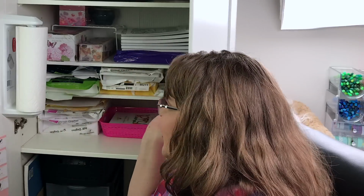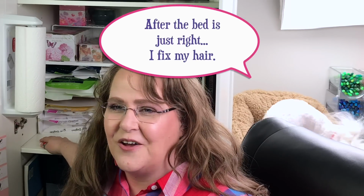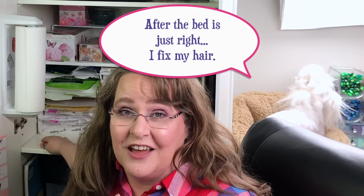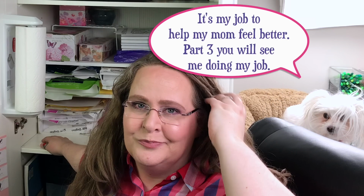Now right below here, you'll see my awesome solution for paper towels. Always need paper towels, especially it seems during a live event. I'm always needing a paper towel. And this was where I wanted to keep it. I think paper towels are so ugly, but you need them all the time. And so I wanted a way to store them handy where I could grab them without getting up. When you're chronically ill,